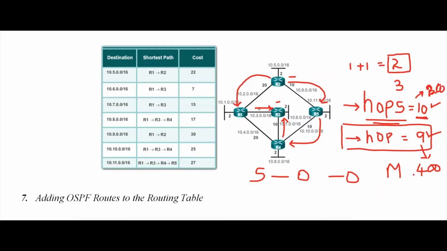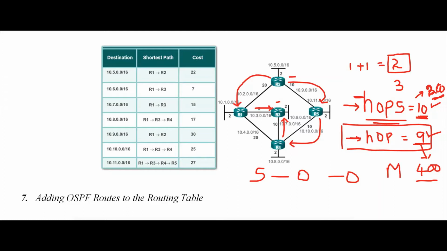Now my link state routing protocol will select this, but the distance vector routing protocol will select that one, because the distance vector routing protocol sees only the number of routers, the number of jumps. It is not going to worry about the distance. The link state routing protocol will see the distance. It is not going to see the number of roundabouts. This is the technical difference.